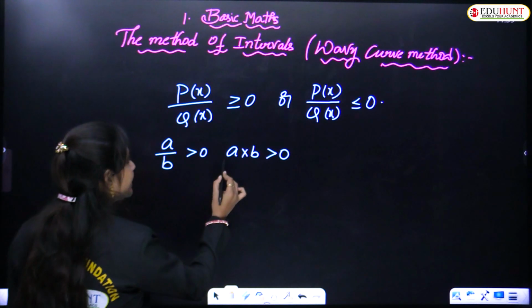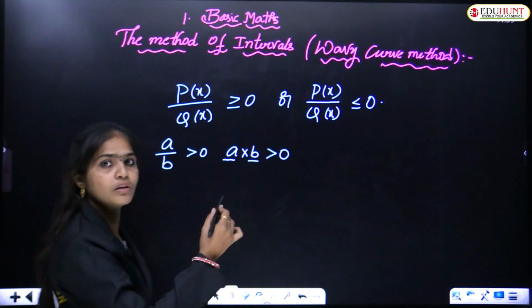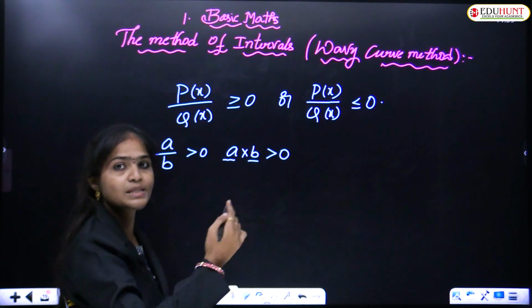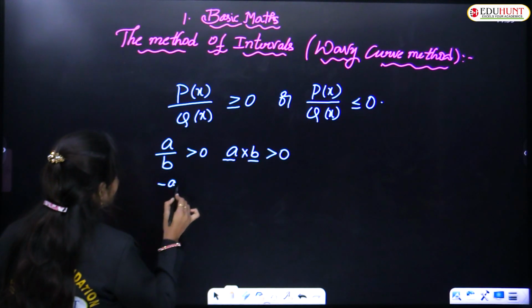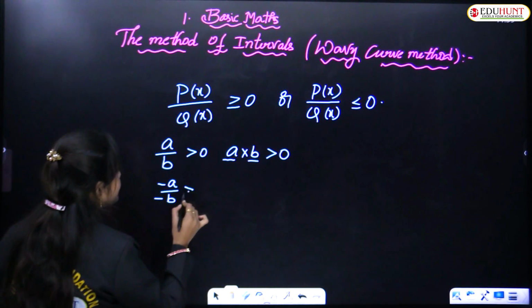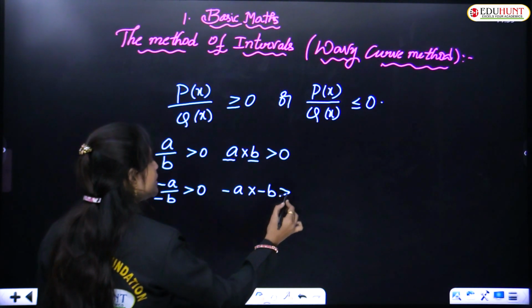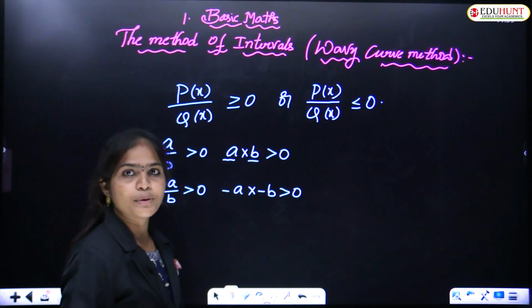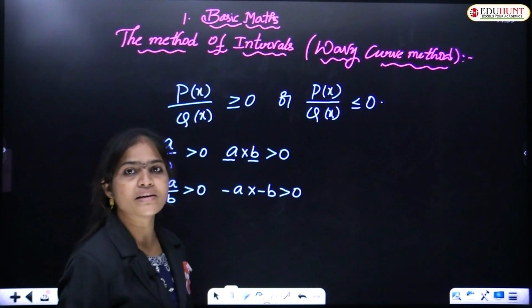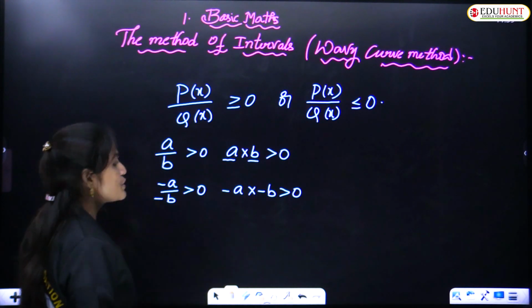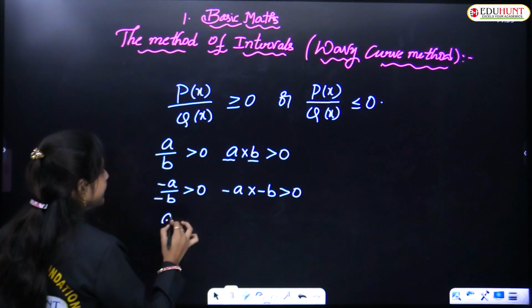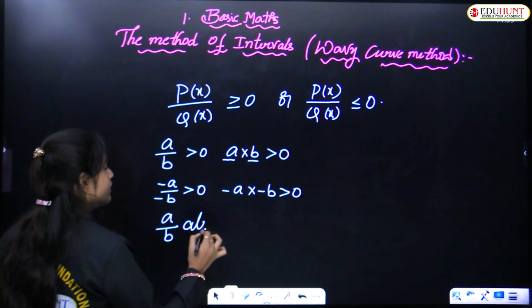Why? Because here A and B are positive values. So the product of two positive values is always positive. And here minus A by minus B is greater than 0. So minus A into minus B is also greater than 0. Why? Because minus into minus is always positive, no? So that's why. So here I am saying that A by B is also written as